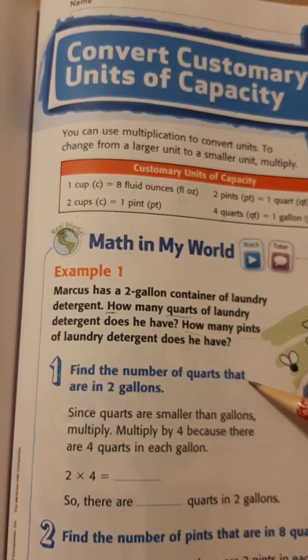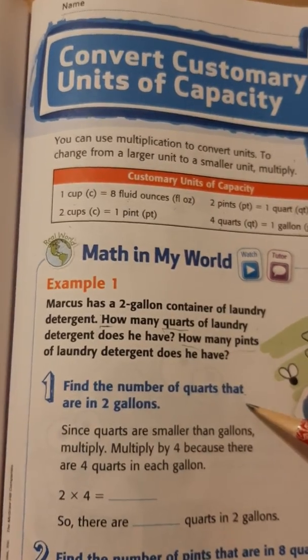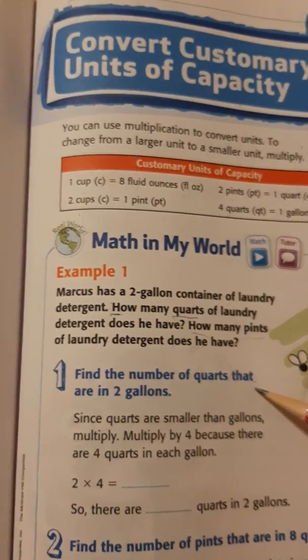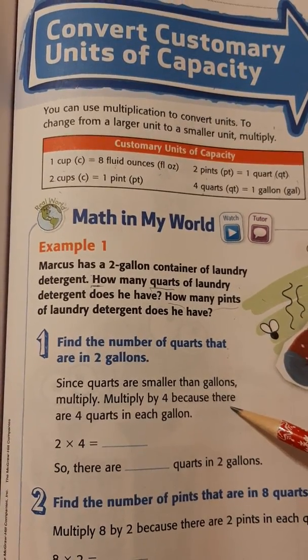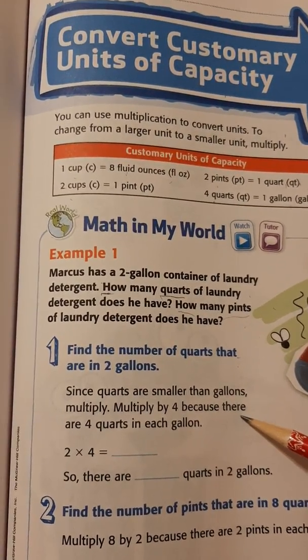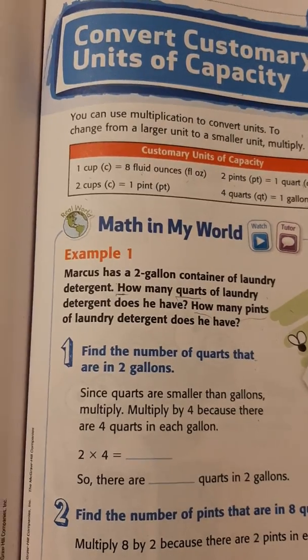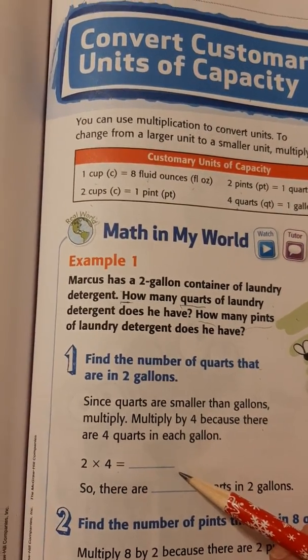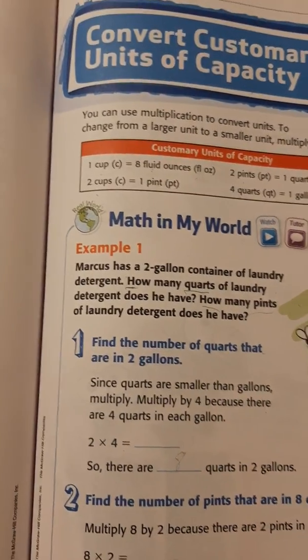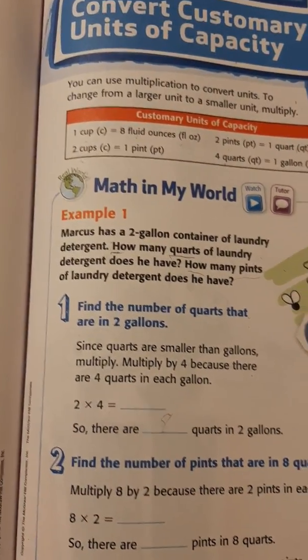Find the number of quarts that are in 2 gallons. It says here, since quarts are smaller than gallons, multiply. Multiply by 4 because there are 4 quarts in each gallon. That's just what we did before. 2 times 4 is 8. So there are 8 quarts in 2 gallons. Now,